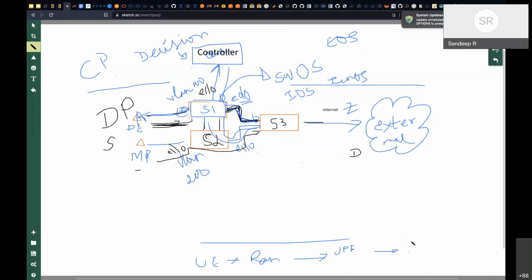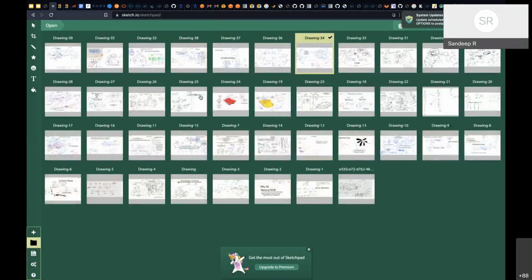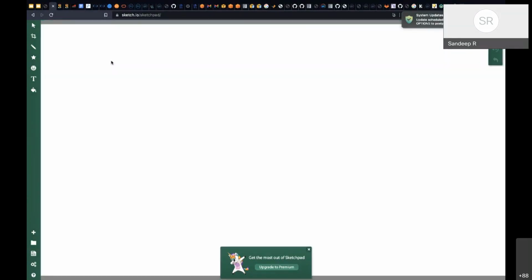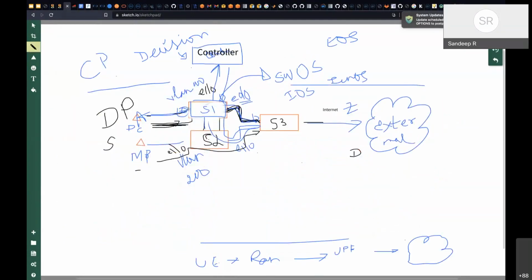This is the internet. So you can see a very similar picture in 5G to all the discussion that we have been having. As you can see, it's the same picture: user equipment, RAN, UPF and then the data plane.